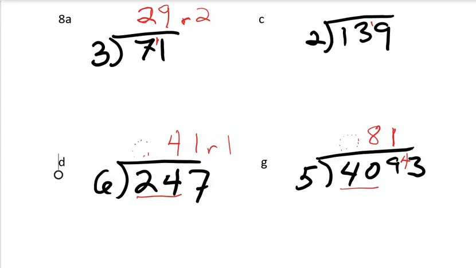And now we look at that as 43. 5 into 43, let's see, 8 times 5 is 40. 9 times 5 is 45. That's too big, so we've got to make it 8. And that gives us a remainder of 3, because 43 minus 8 times 5 is 40, gives us a remainder